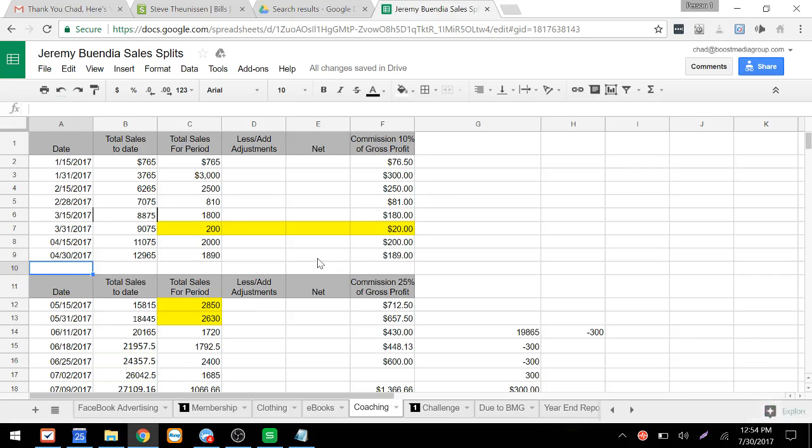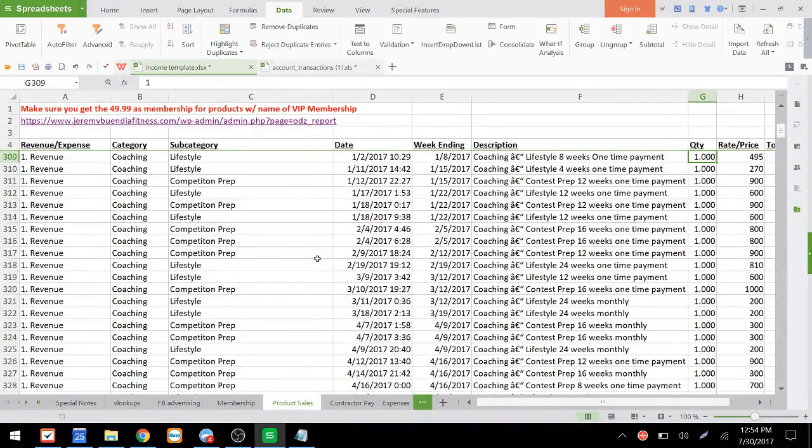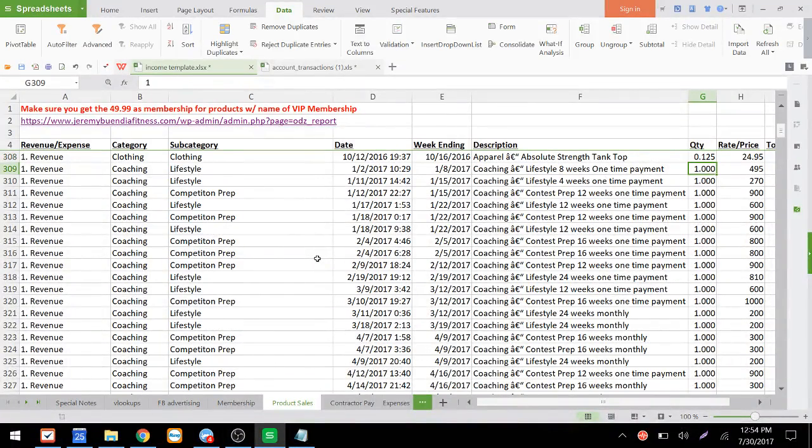But from here up to 5:15, here's the change in 25%. So we know anything from 4:30 on, or from now, which is 1/8/2017 to 4:30, is only 10%.